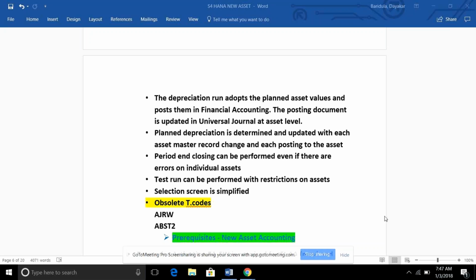Normally in asset accounting, we can open two fiscal years at a time, right? Like if I don't want to close my previous year, but I still want to open my new year, we don't have that option anymore. No. Okay. That is not there. So it will automatically close the previous fiscal year.